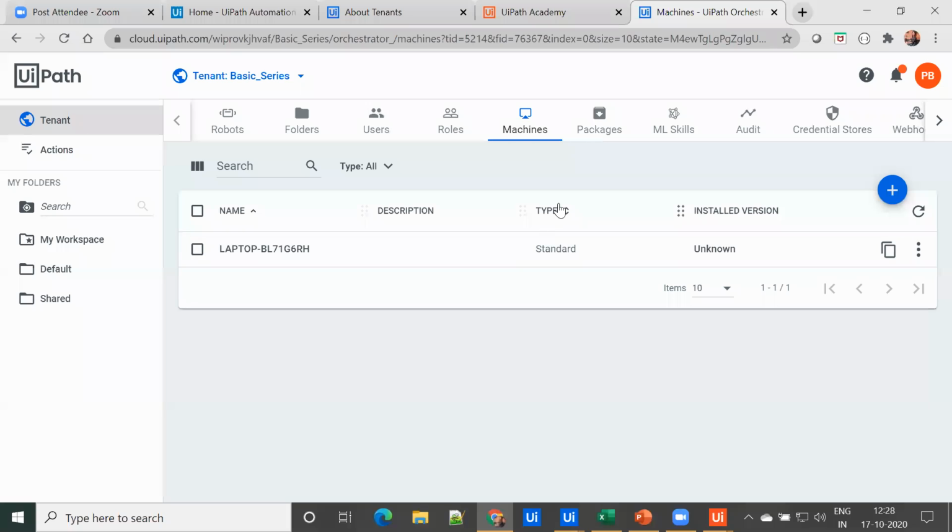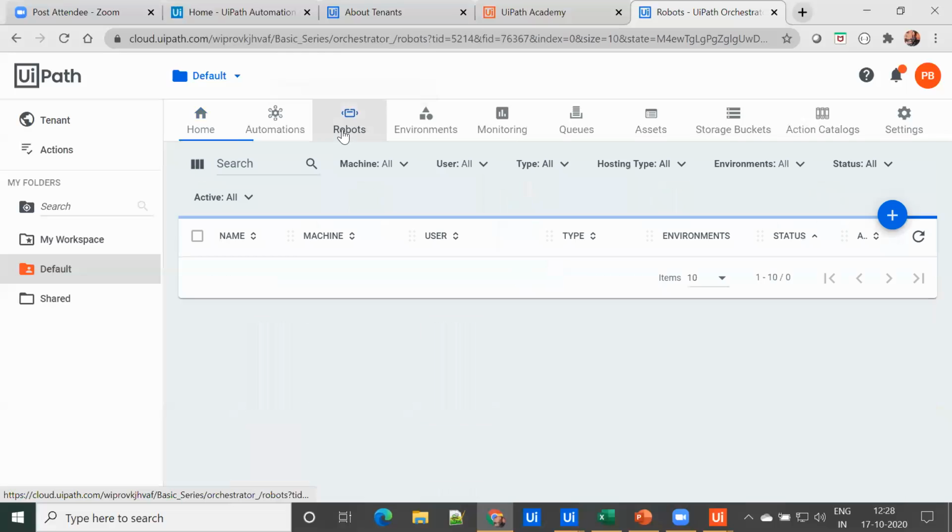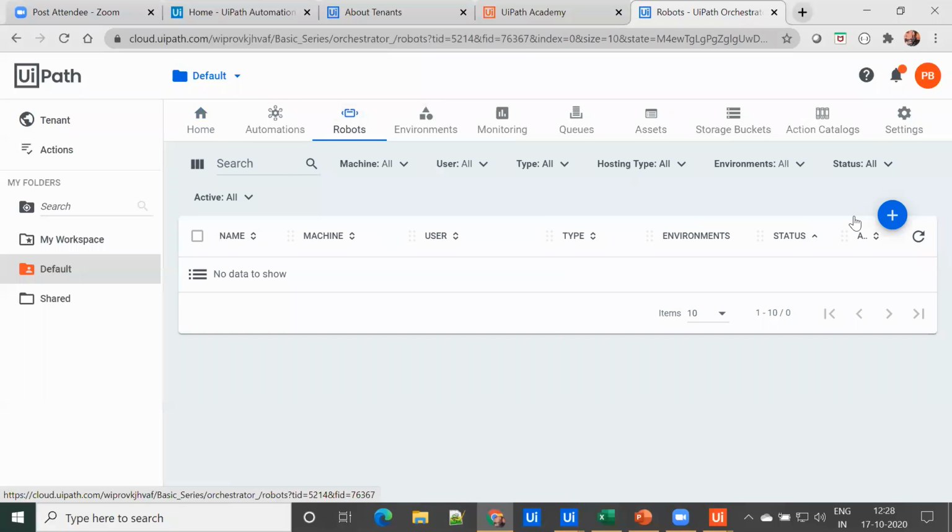Now the next step is to create a robot. To do that, we need to navigate to the default folder. In this, you can find the robot section, and you create a robot from here. Again, there are two kinds of robot in terms of machine interaction: standard and floating. A standard robot works on a single machine, and it is a good choice when the machine is not going to change.